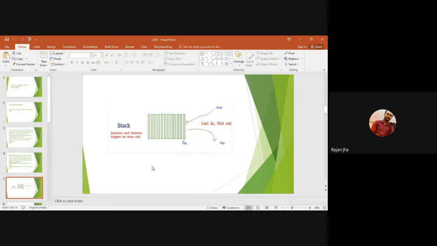So this diagram shows that whenever we insert an element, it will always be inserted on the top of the stack, and whenever we need to pop out an element from the stack, it will always be popped from the top.